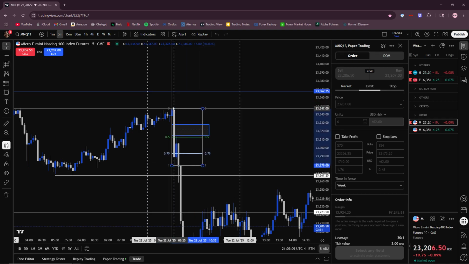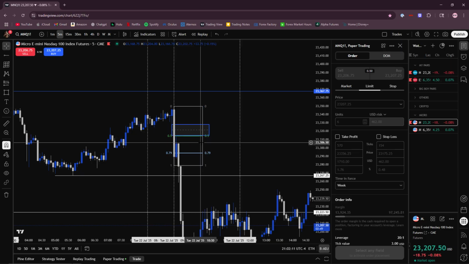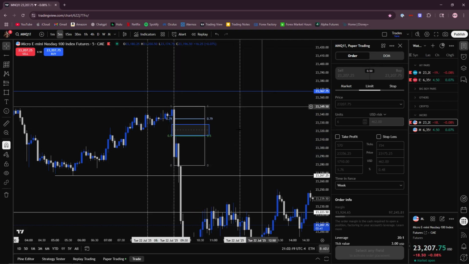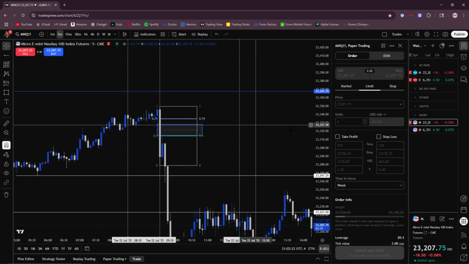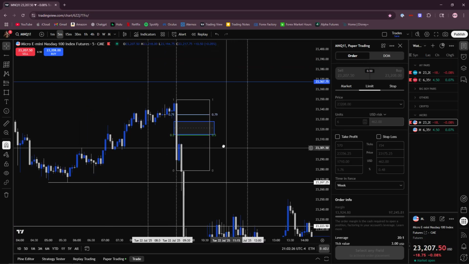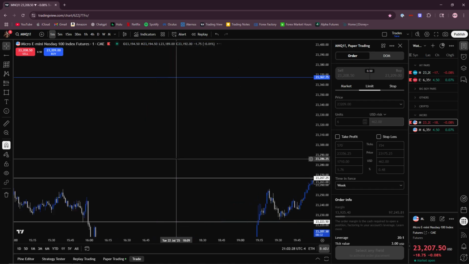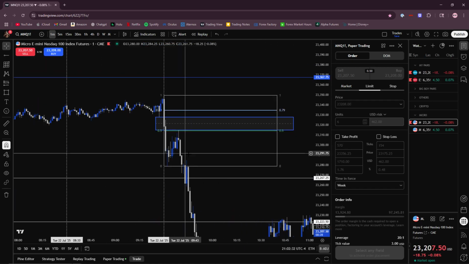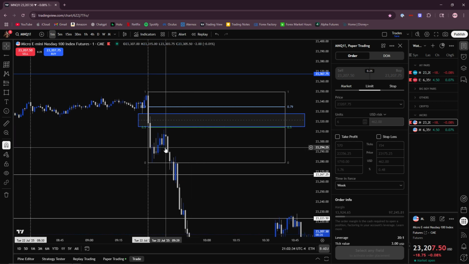Or I was hoping for EQ to get hit, which honestly, I wasn't even looking for EQ, which is pretty much why I didn't catch this move. Because as you can see, price just barely wicks into equilibrium. And if you scale down to the 1 minute here, you'll see what we get out of that equilibrium is a 1 minute break of structure, a close below this low right here with this candle.